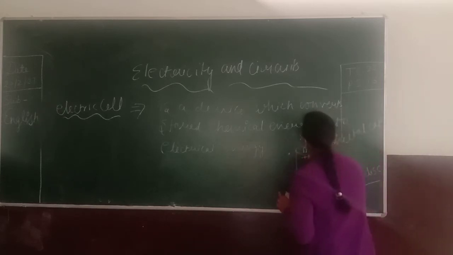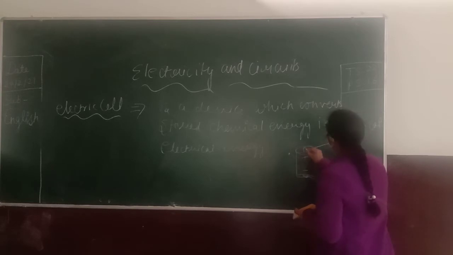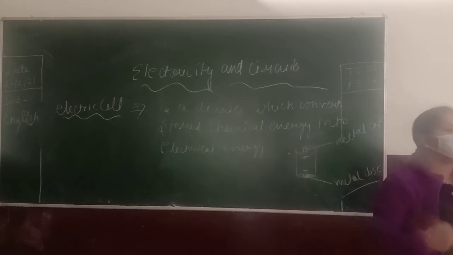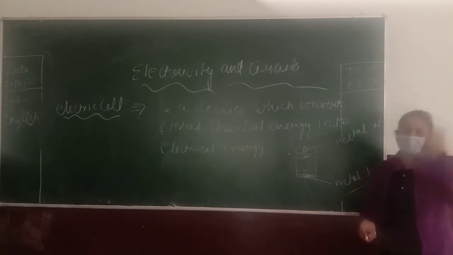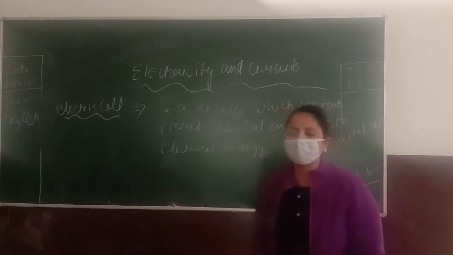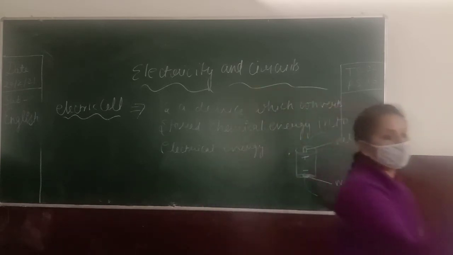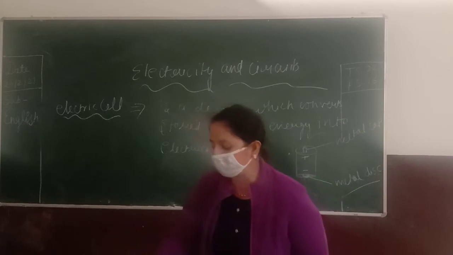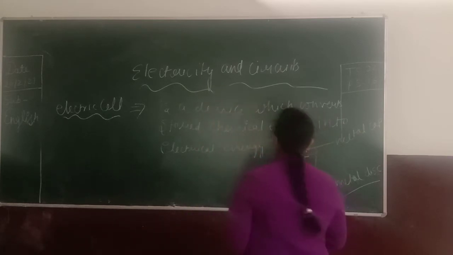Students, tell me why the metal cap and metal disc that are connected to the circuit are made of metal. Why are they not made of plastic? Yes, beta, because metal is a good conductor. Very good. Metal is a good conductor of electricity. Metal makes it easy to carry electricity, because electricity passes easily through metals. Why? Because they are good conductors of electricity.